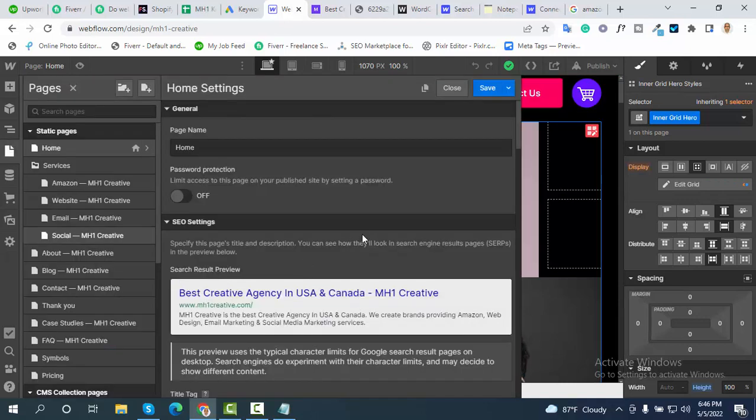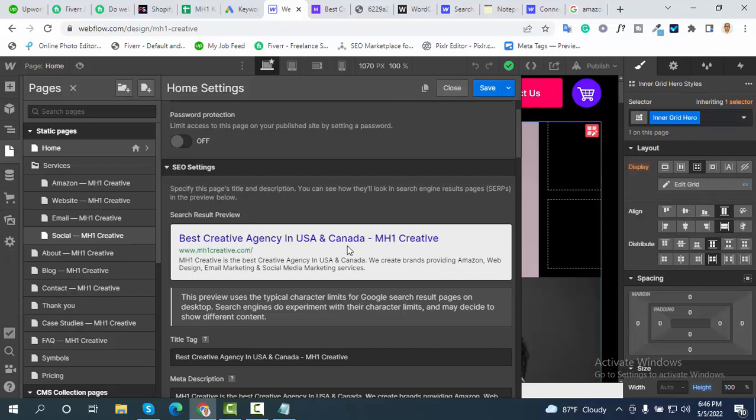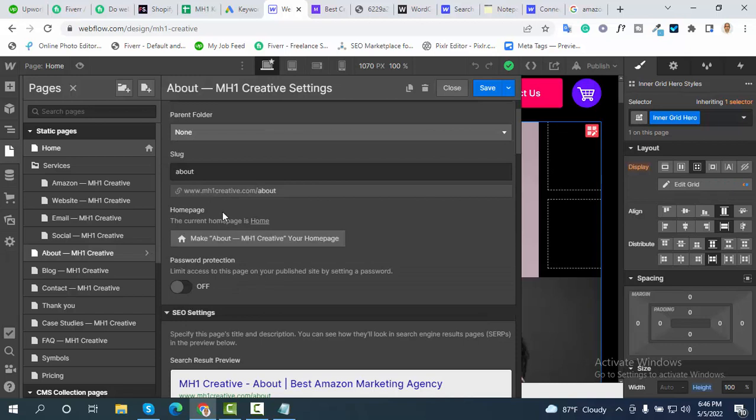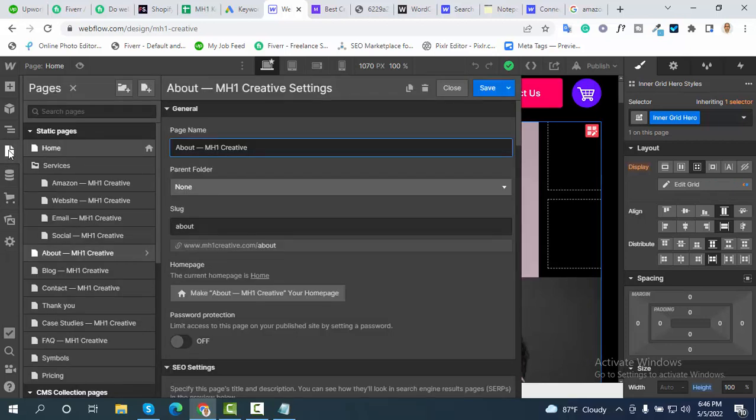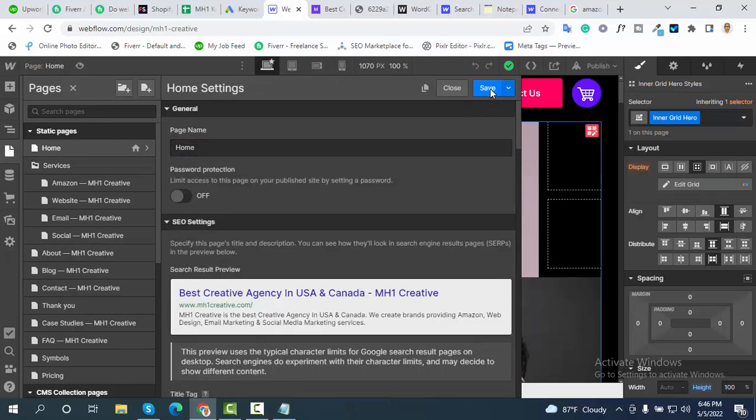For the home page you need to fix or edit your slug or URL, because for the home page your root domain, your main domain, is your slug or URL. For other pages you can edit your slug or URL, something like this. Here is the about us page. You can just edit or customize your slug or URL here. Okay, so you need to do it for your home page,